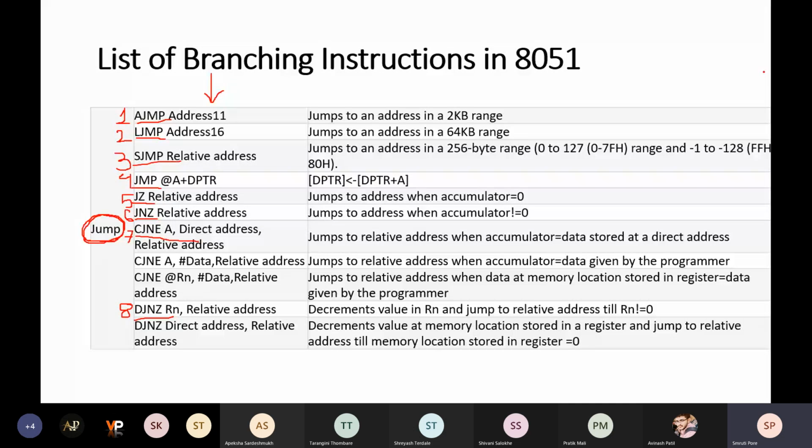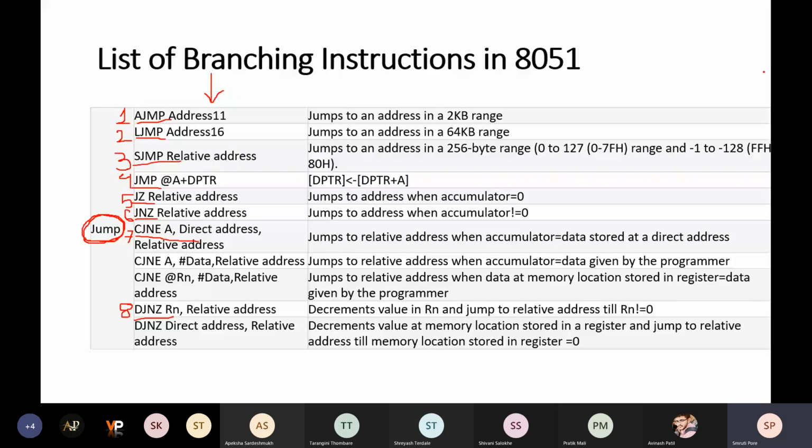Then once again it will start at 35. Like that you are going to change the program flow control, and that is called a jump instruction. For branching operations in 8051, we are using the jump instruction.